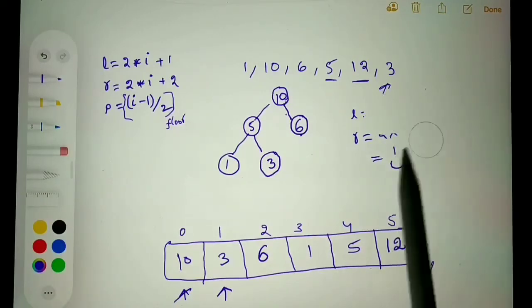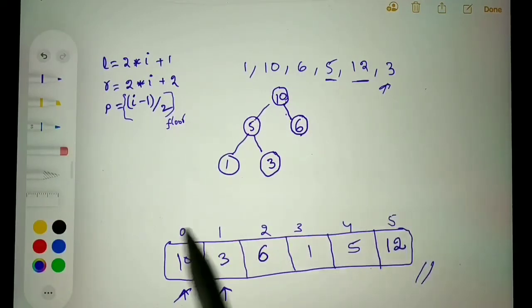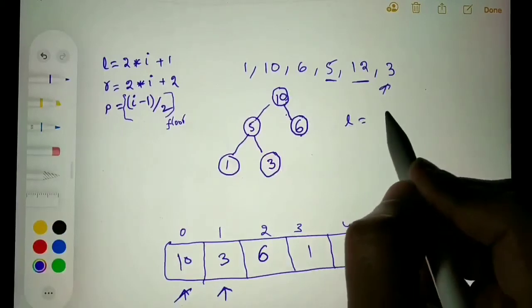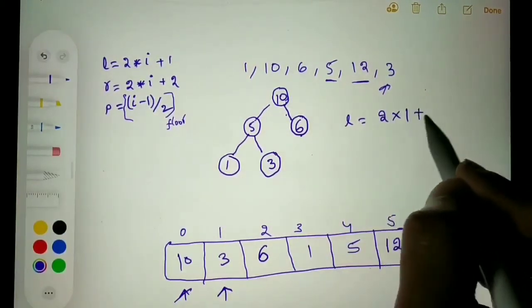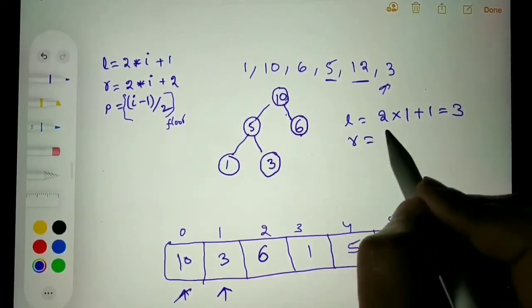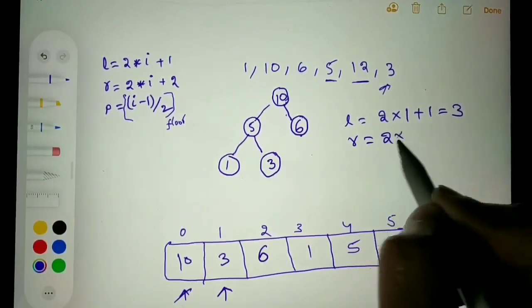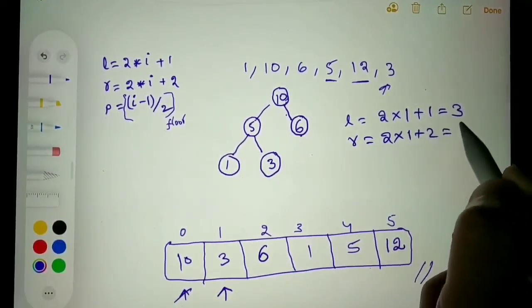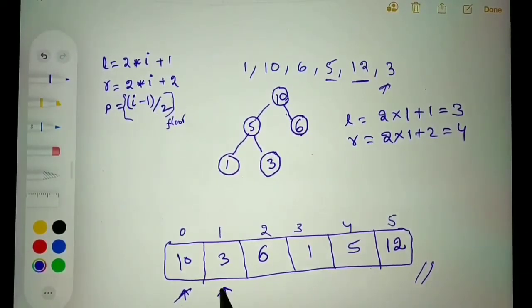Again we will calculate left and right for this index. Left child is 2 into 1 plus 1. That is 3. And right child is 2 into 1 plus 2. That is 4. So we need to compare 3 with the elements which are at index 3 and 4. That is 1 and 5.